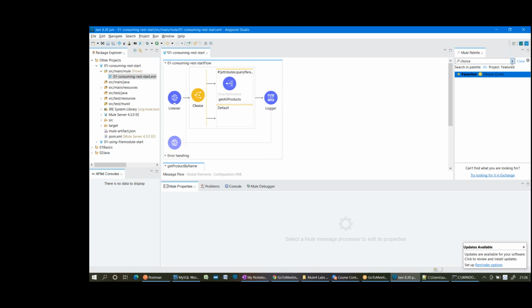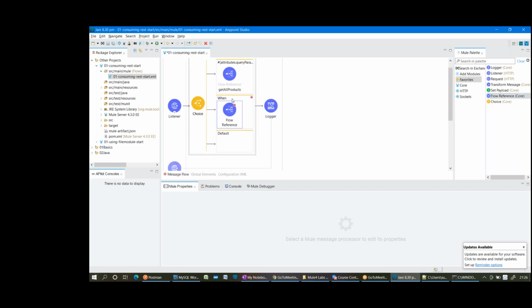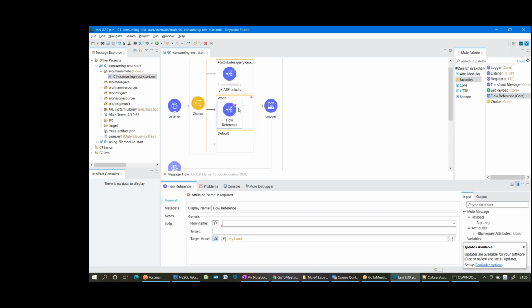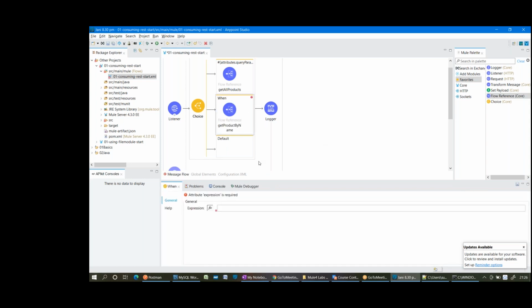Now I want to write one more when condition. By using one more flow reference, I can write one more route. If I drop here, it will be after the choice router. If I drop here, it will be inside. Now drag and drop between this choice router and this icon. When we get a black vertical line, one more when route will get highlighted. This time I map the flow reference to get product by name. What is the expression I can give?